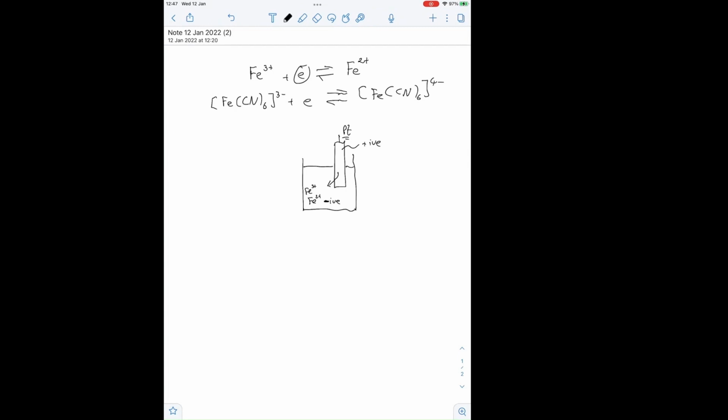So we're interested in looking at the thermodynamics of this reaction. And normally in thermodynamics we balance the chemical potentials. Now, because we've got different electrostatic potentials on the metal and in the solution, we've got to balance